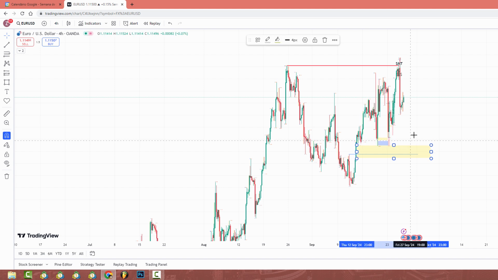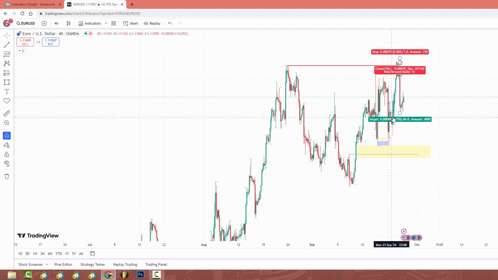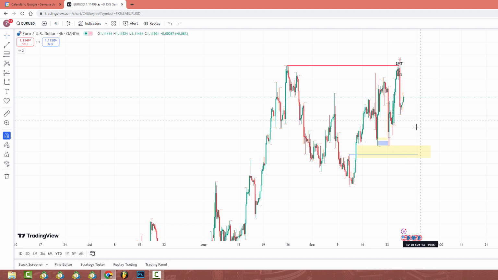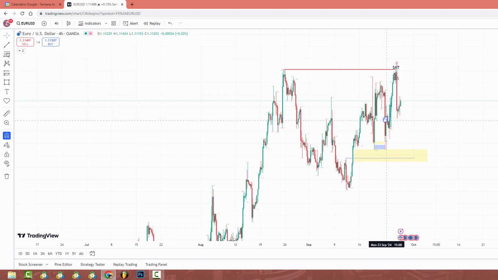We have imbalances right here. We have imbalance right here as well. And you can see also here, this is not related to the trade, but from the previous movement we had price going up, but then it left this imbalance right here. It came back to test it, then it went up again,